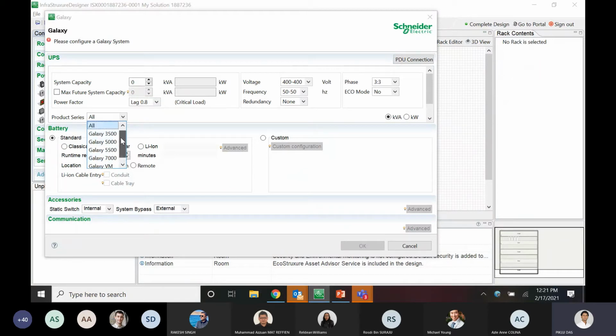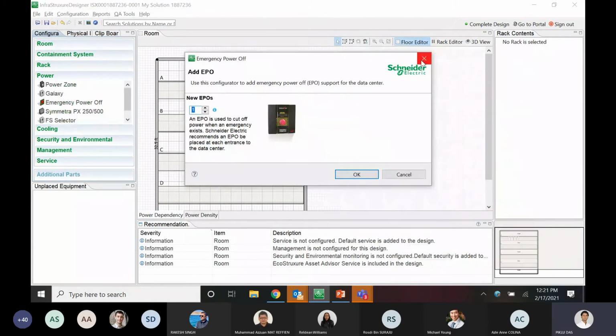But apart from that, most of the Galaxy products that we see right now are either discontinued or will be discontinued by H1 of this year, right? The last information that we have is that we will be discontinuing or removing all the families from Galaxy configured in ISX designer by mid of this year. Only Galaxy VM will remain available, unless it is not available in the three-phase UPS configurator. So this is the Galaxy configurator that we have in ISX designer where you can configure the Galaxy products. Then we have this emergency power off,